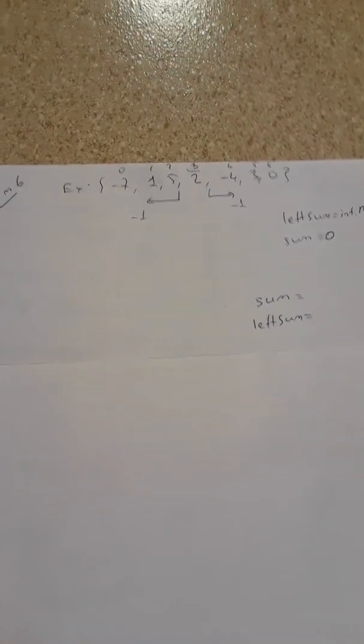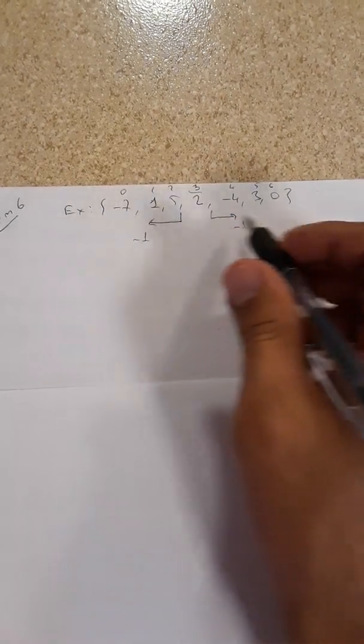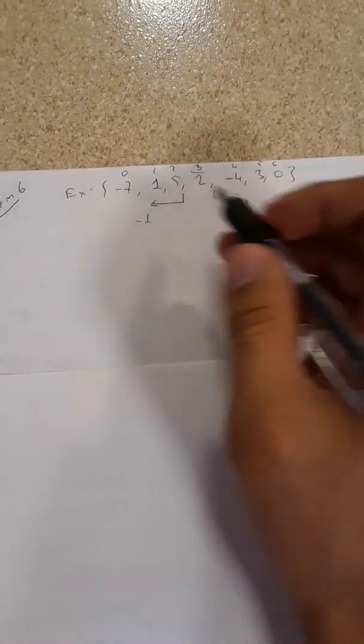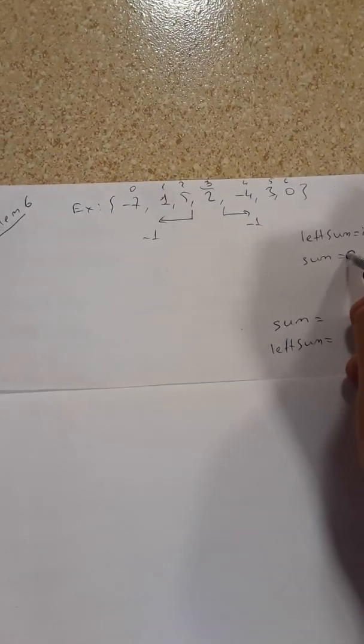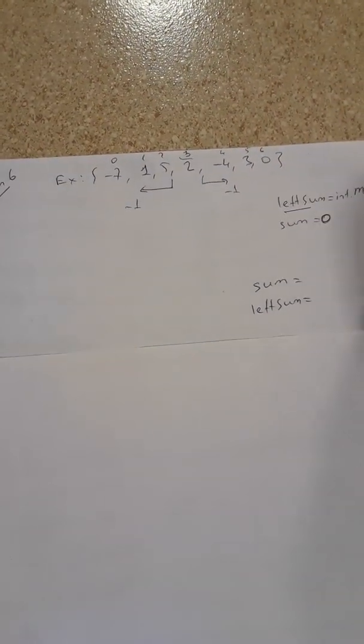So what we're gonna do to solve this problem? First of all, we will calculate the whole sum of all elements in the array, and here it's equal to 0. After that, we'll declare a left sum variable, whose initial value will be just the minimum value of integer. And after that,